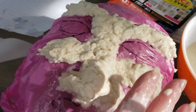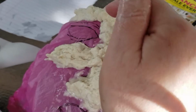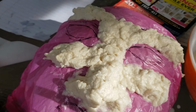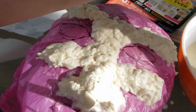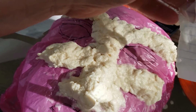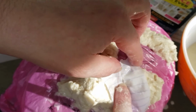And you want there to be a nice thick layer of paper over the whole mask area, whatever you want the mask area to be. I would say at least have it cover your nose and your eyes, but it's best if it's covering your nose, your eyes, and your chin. So now I just tore a long strip of notebook paper. I dipped it in my flour mixture, and now I am just going to lay this out on top